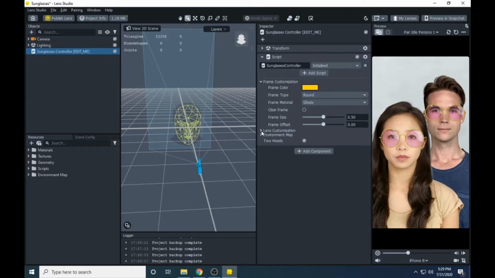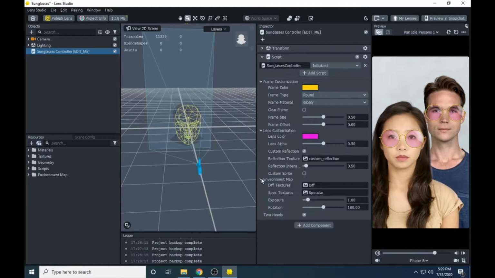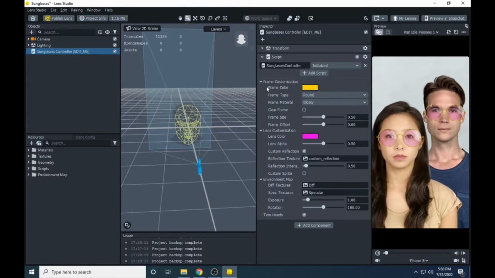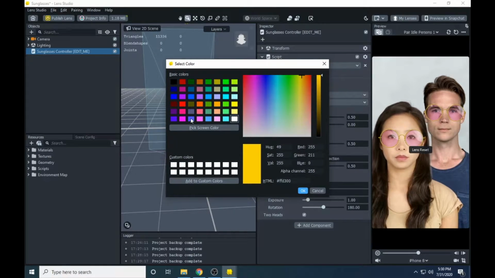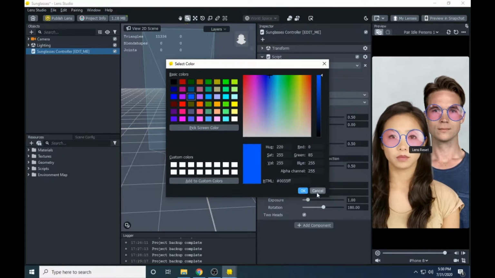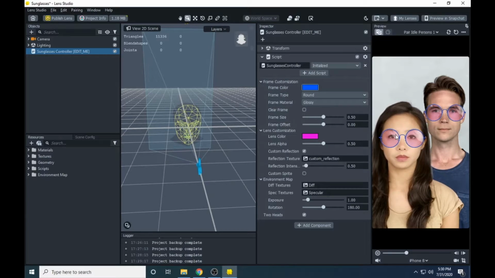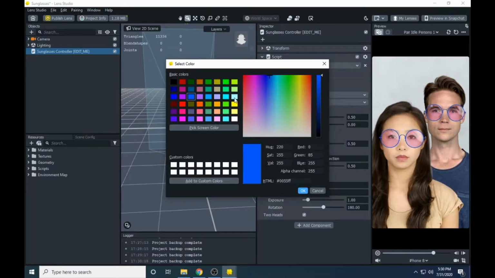Here I'm going to maximize all three. First we will go with the frame color. As you can see, these are the sticks. I don't know what to call this, I'm going to call it a frame stick. We can modify it, so you can change the color of your stick as you want.